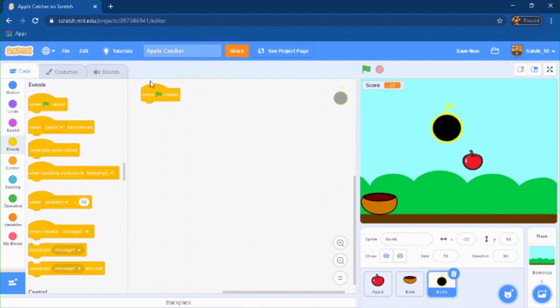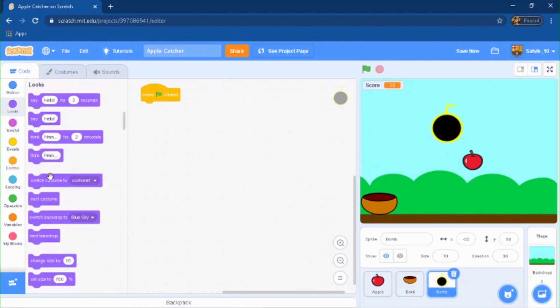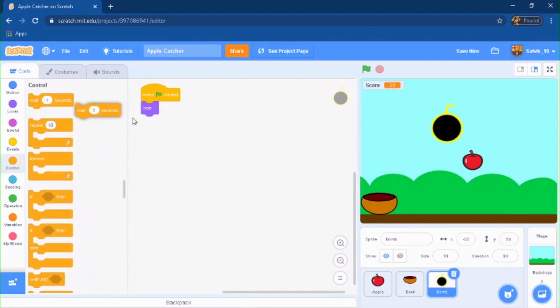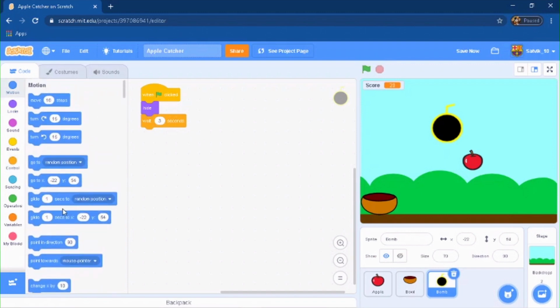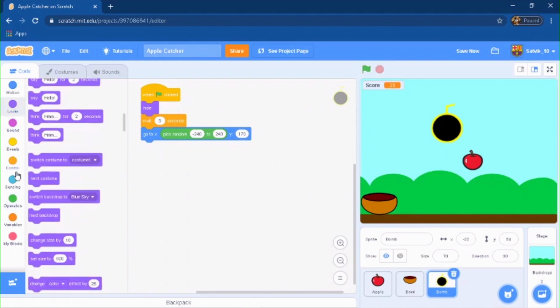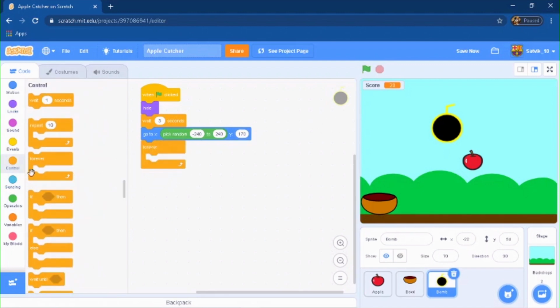So you're gonna go to your one green flag clicked, and you're gonna do hide and wait 3 seconds. Then motion, go to, and then operators, pick random. So just do whatever we did for the Apple code, and then set this to 170. And then you're gonna do a forever loop and